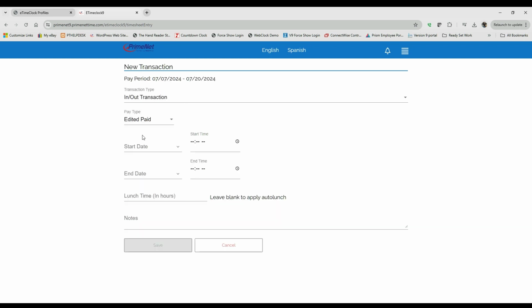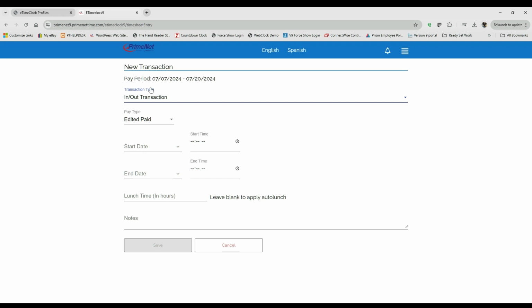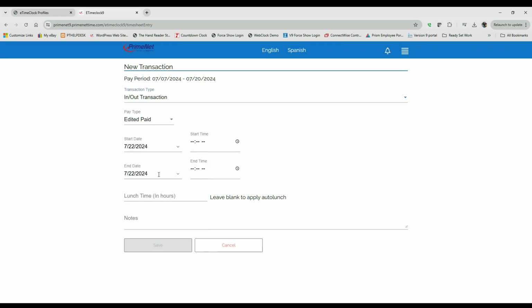So I click, and it's asking me for the transaction type. Bulk, in, out, unpaid. So an in, out is simple. It's going to have a start date. An end date will be the same as the start date unless they work over midnight, then they'll have to change this date. So I can choose from here, click here,